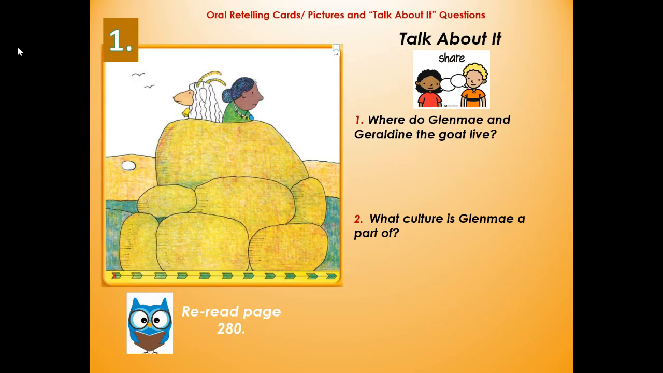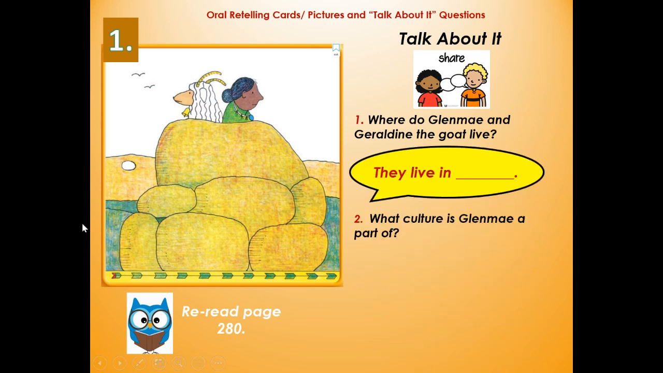So here's our first major event in our narrative nonfiction. And if we were to go back to the Journeys textbook, we would reread page 280. So our first question is, where do Glenn May and Geraldine the goat live? So here's a picture clue and think back in the story. Where do Glenn May and Geraldine the goat live? And say it in a complete sentence. They live in,